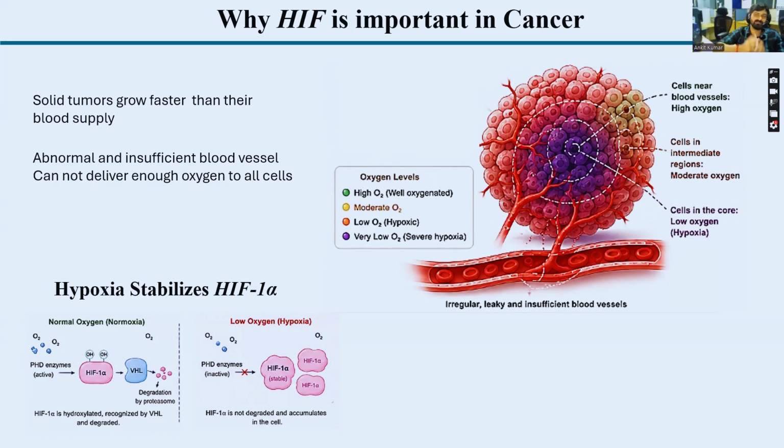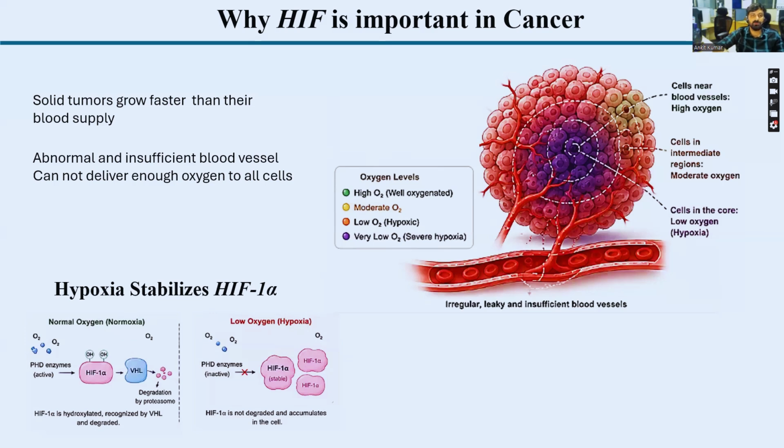And then this hydroxylated HIF-1 alpha is recognized by VHL protein, and now VHL protein basically ubiquitinates this hydroxylated HIF-1 alpha, and that ubiquitinated HIF-1 alpha will be recognized by the proteasome. And this is happening in presence of normal oxygen condition, normoxia, where only PHD enzyme will work. And then the proteasome basically degrades your HIF-1 alpha. So HIF-1 alpha is hydroxylated in normal condition, and that will be recognized by VHL, and ultimately it will get